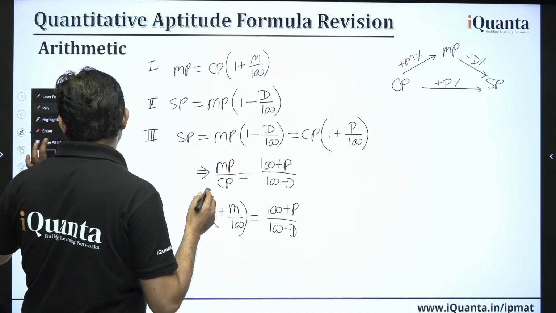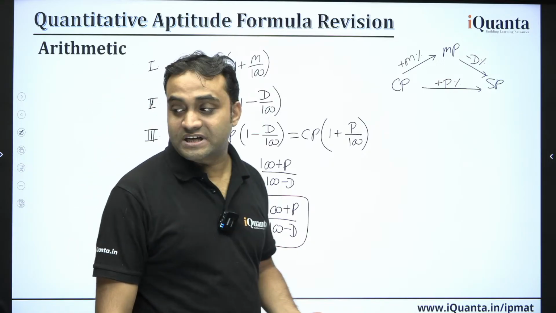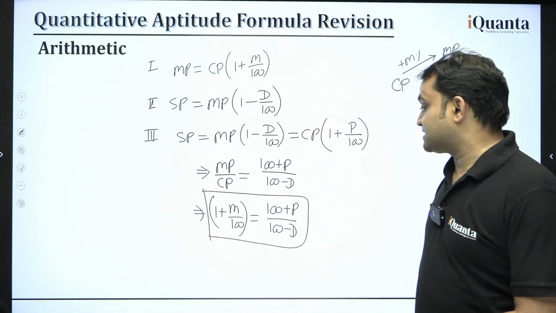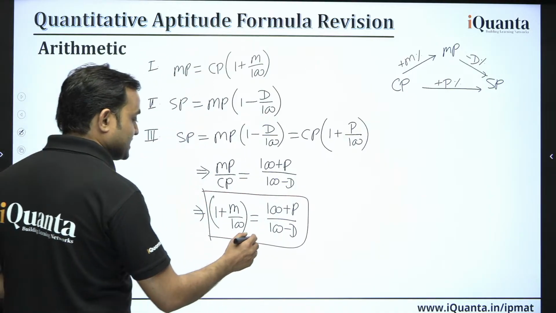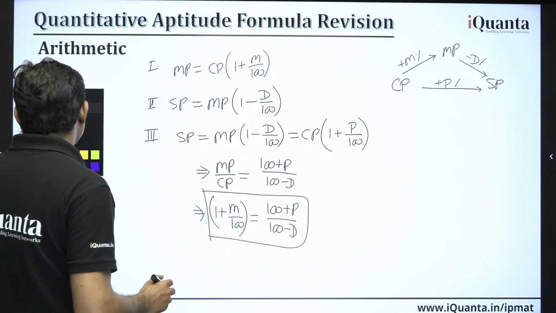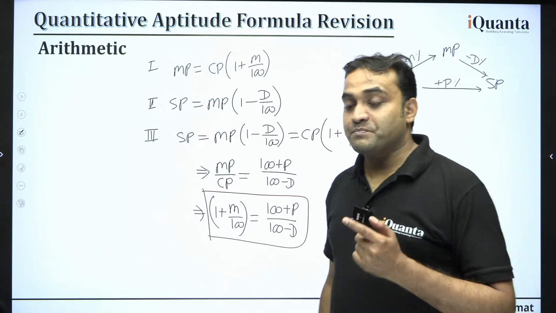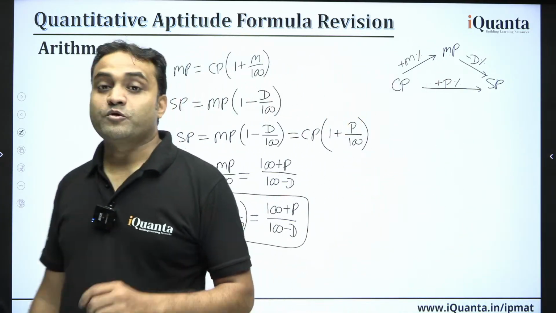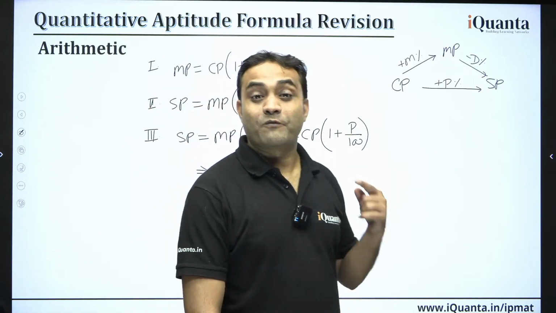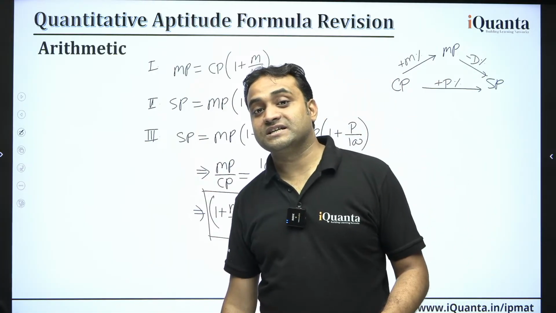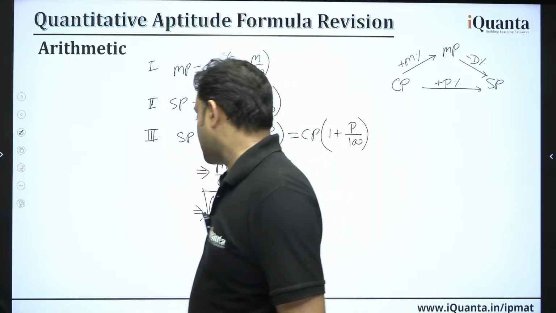Now this is a direct relation between markup percentage, profit percentage and discount percentage. If any two of these three has been given in the question, you can use this to find the third value. Like markup percentage is given, profit percentage is given, you can find the discount percentage. Profit percentage is given, discount percentage is given, you can find the markup percentage. Only using this formula. Then again,